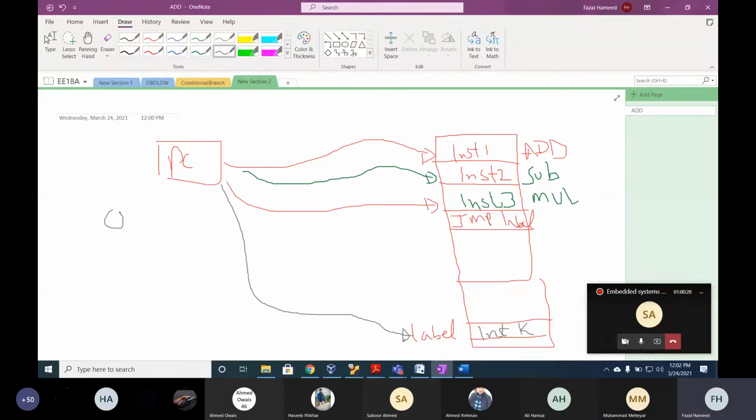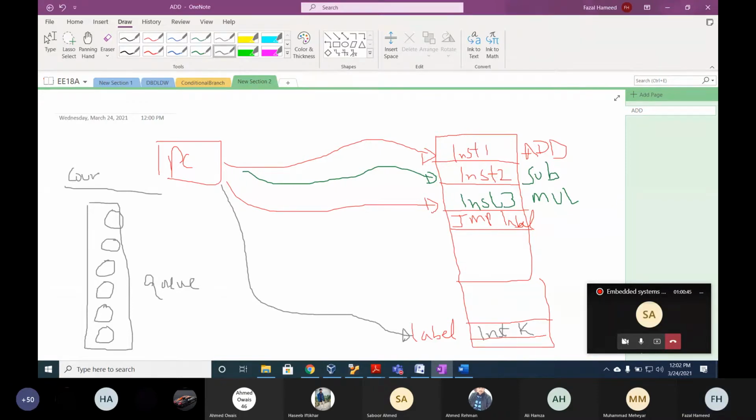Now I will explain this with an example. Let's assume there is a queue, and this queue consists of 6 guys standing in a queue. At the counter, one guy is serving each individual guy. When this guy is being serviced, the next turn is for this guy, and the next turn is for this guy. Maybe after serving this third guy, he may jump to this guy. And then I will serve you. So now there is a jump from here to here.